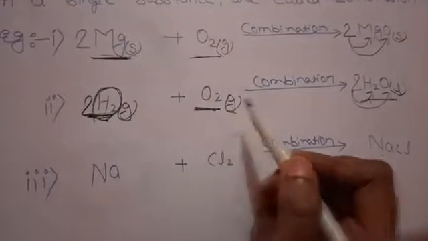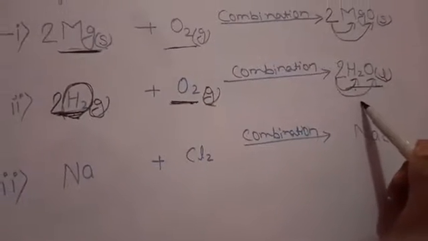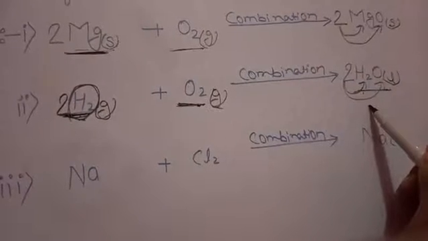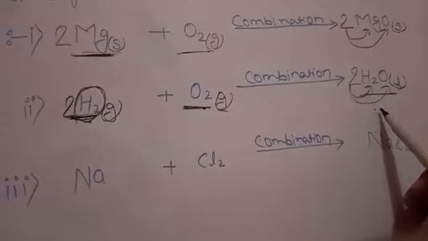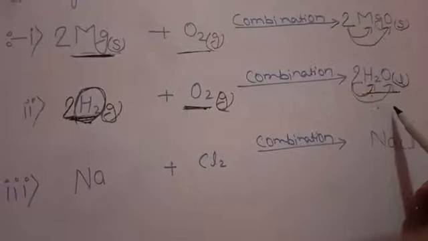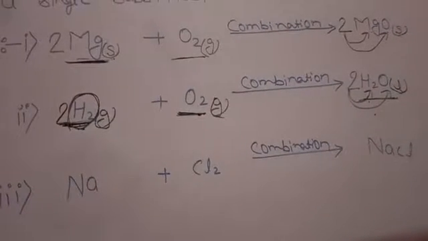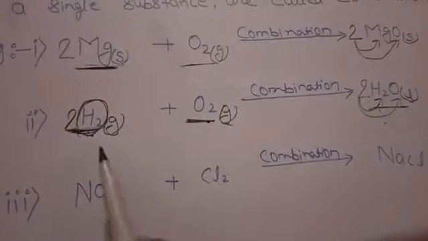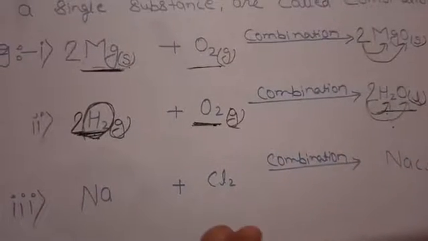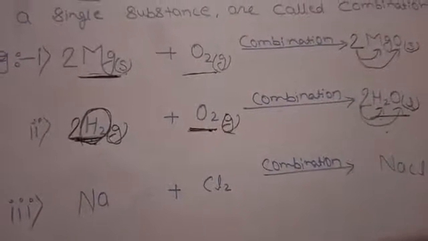Okay, and if we talk about H2O, water, the compound name is hydrogen oxide, which is commonly known as water. It puts out fire. So you can see the difference between the properties of reactant and product.